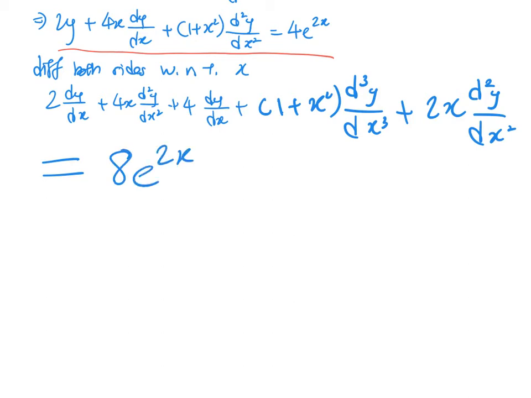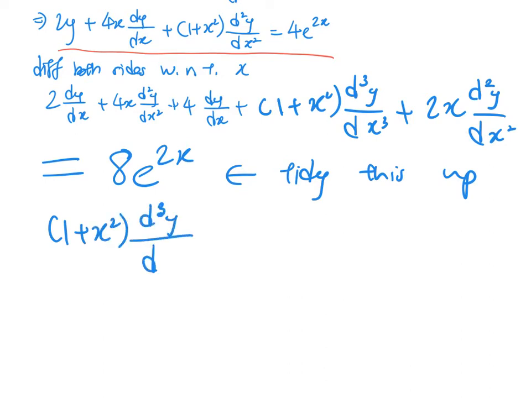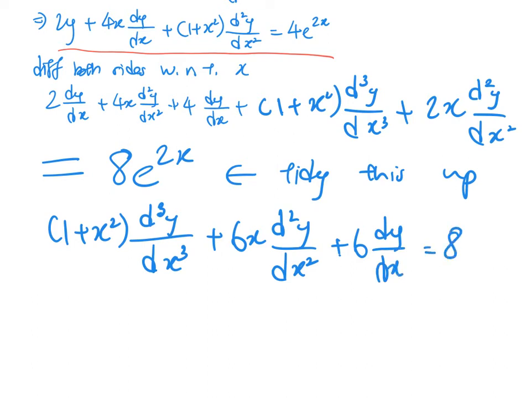Okay, now tidy this up. Rearranging the expression that we have just obtained, we will have 1 plus x squared d3y/dx cubed plus 6x d2y/dx squared plus 6 dy/dx equals 8e^2x. Okay, so basically we have obtained